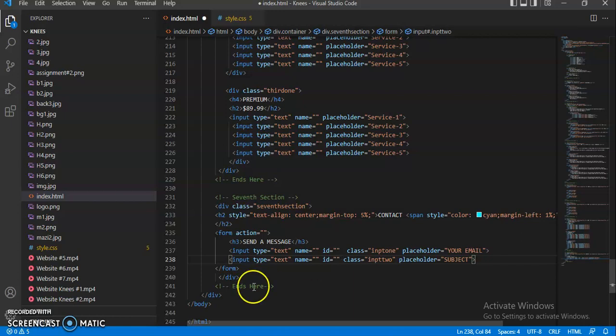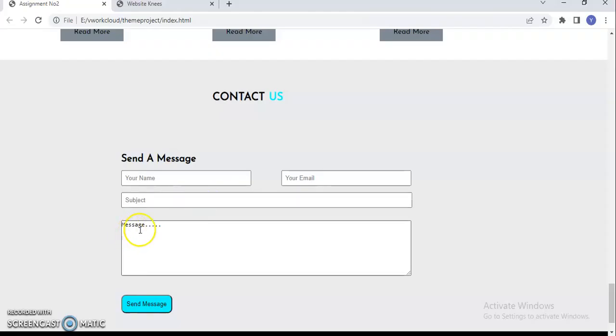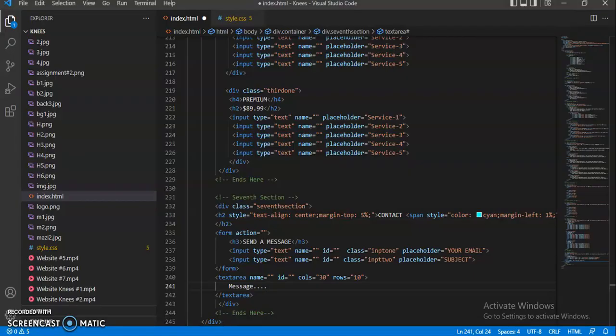After this I'm going to add the text area, and I have to turn off the caps lock for text area because it's case sensitive. Text area now, message. We have message inside this text area, so you can see this, the message, and I think I missed one input type. It's exactly right here, input